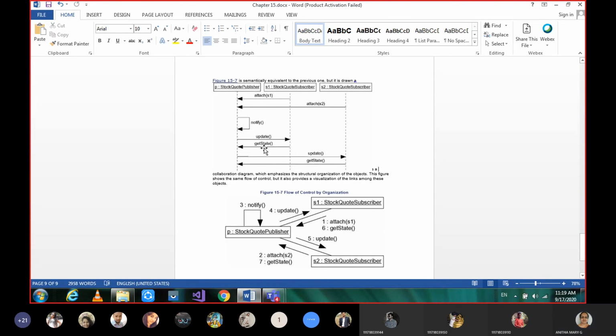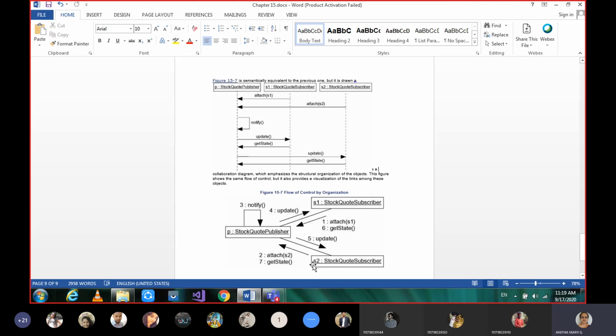The fifth one they are saying as update, and sixth get update, and seventh get state, sorry. That's how we can retrieve the flow control based on the message numbering in collaboration diagrams.